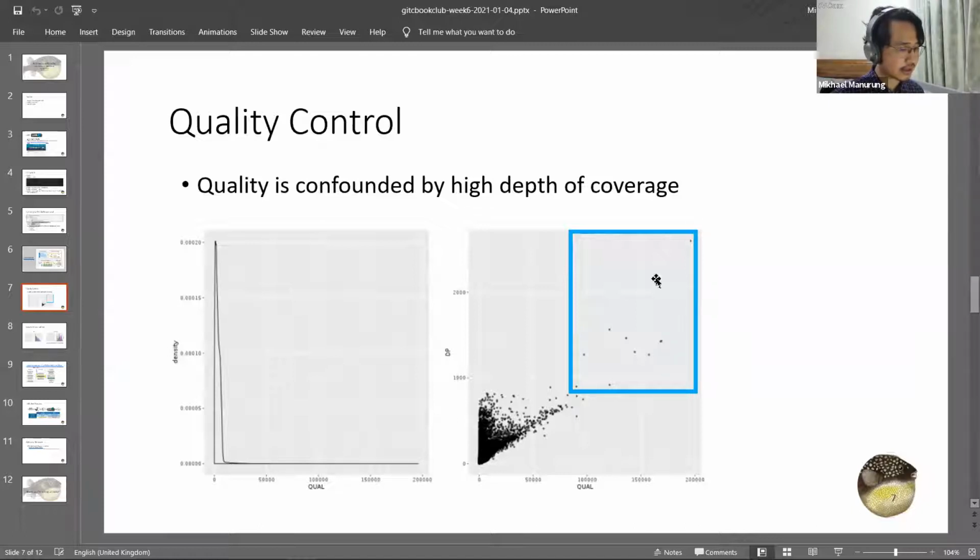If we see the scatter plot between the quality and the depth, then we see that there are a lot of high quality reads with a high depth of coverage. What it means by a high depth of coverage is that there are a lot of short reads for that particular part of the genome. However, it doesn't mean that these dots are real,